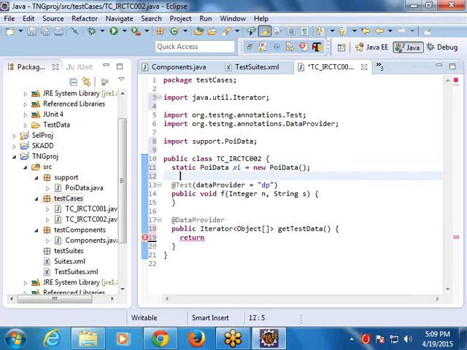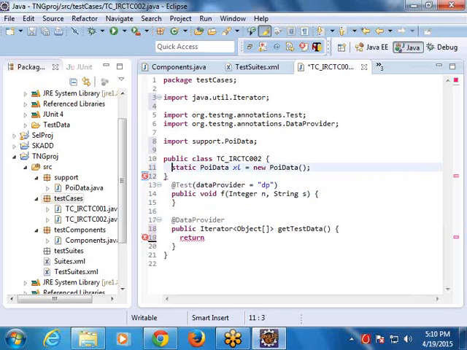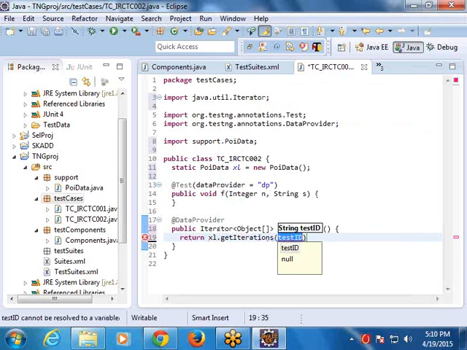Okay. Return excel.getIterations, and here you have to pass the test case name, TC underscore